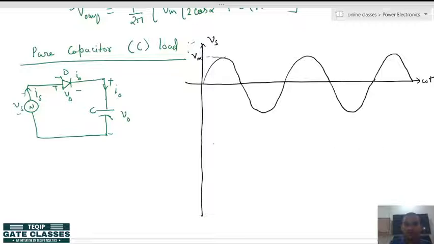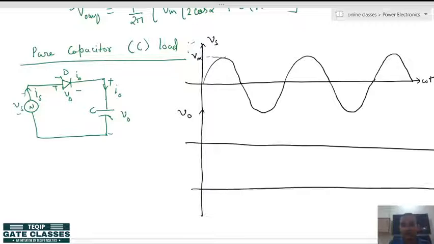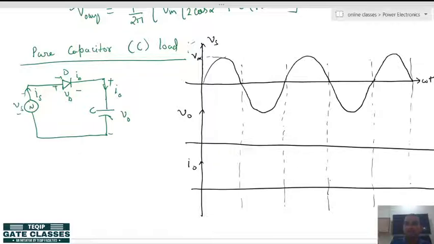Now, let us draw the output voltage, load voltage and the load current I naught. So, if you observe here,